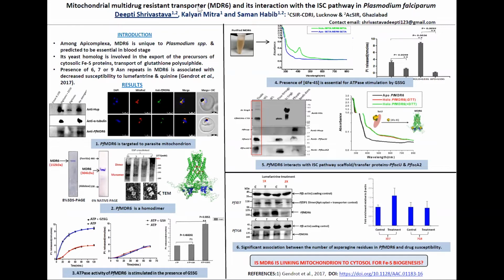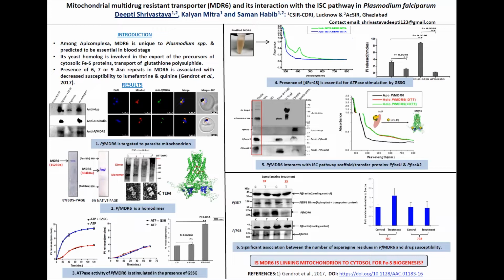Then we checked whether the carrier protein of the ISC pathway, that is ISCU, is able to transfer a 4Fe-4S cluster to the apo form of MDR6, and some amount of transfer occurred. So interestingly, we are now on this question whether this MDR6 is the transporter that links mitochondria to the cytosol for iron sulfur biogenesis. Then further, we came across a paper that says there is a significant association between the